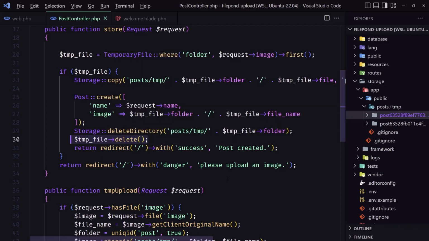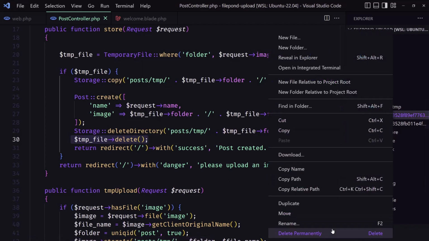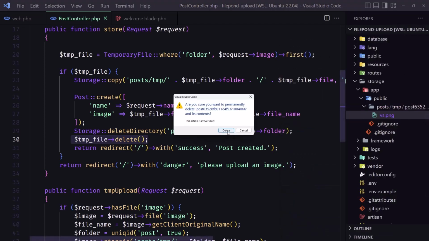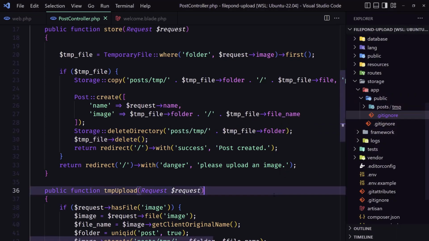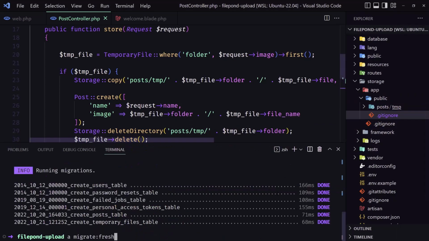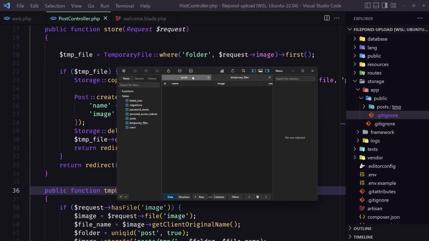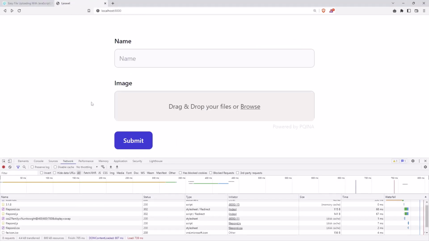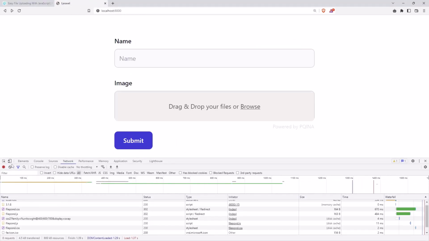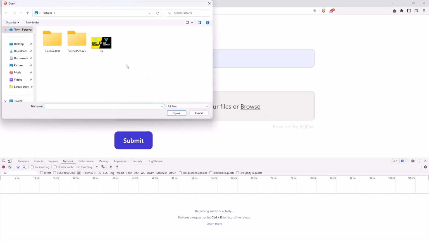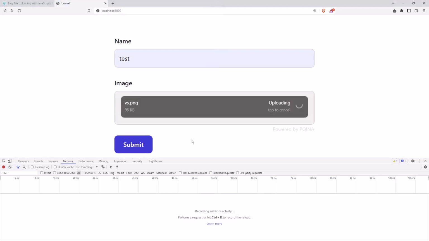Let's save, and now let's delete and try one more time here. Delete this, and let's run artisan migrate:fresh again, so we have a clear database. If we come here, okay, and refresh here, let's say test, browse, choose this one, click open,